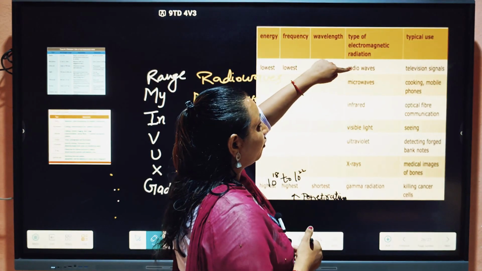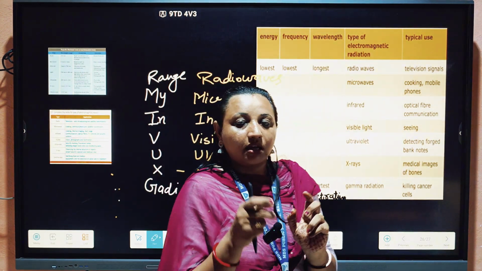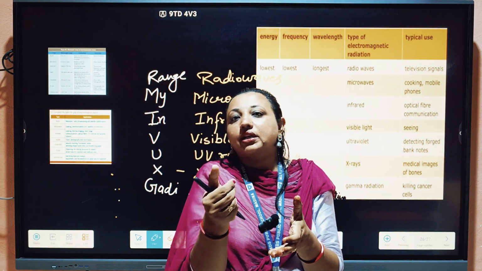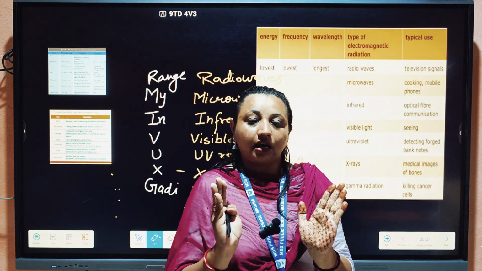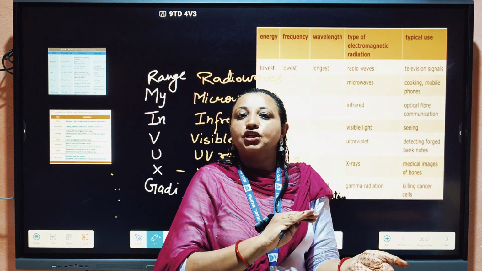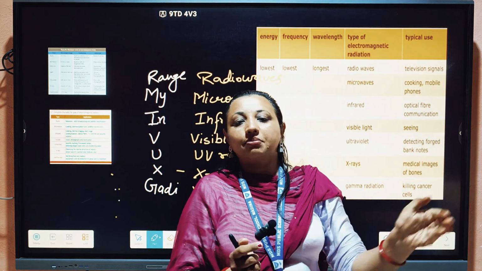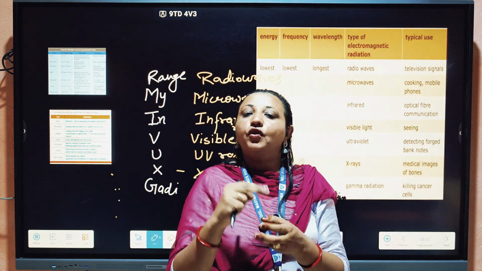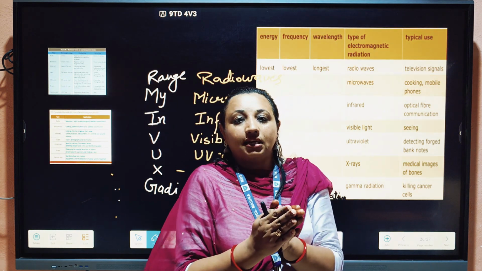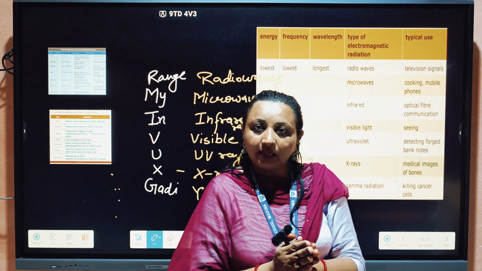If we start from radio waves, when you turn on your radio and you change the frequency knob, how does the radio work? You change its frequency. The radio set's frequency is matched with the frequency which is sent by the radio station. When both frequencies match, at the resonant frequency, then that particular station we can hear, right?